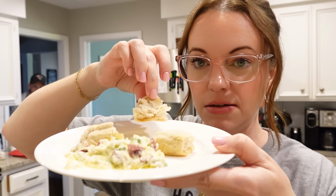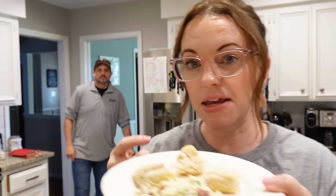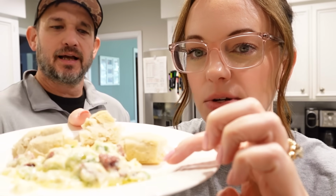Okay, y'all, I tore up some of these sourdough rolls, and we've got our dip here. We've got our commentator coming in to taste test. I smell food. I see food. Yeah, it's still a little on the greasy side, even though I squeezed out all that extra grease from the kielbasa. It is still a little greasy, but...